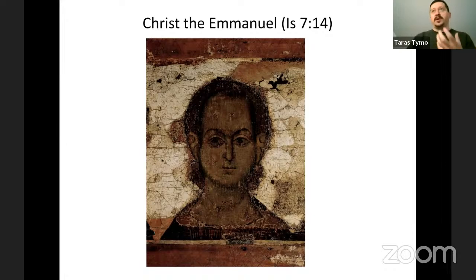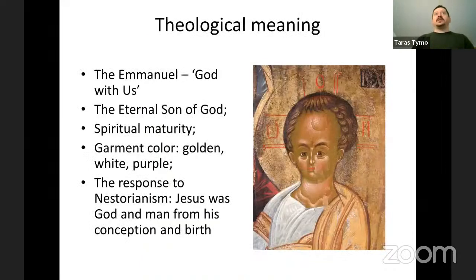So it becomes a very important prophetic text for the Christian understanding of the incarnation. As every other type of representation, Emmanuel has certain theological significance, and this significance is the incarnation of the eternal Son of God,